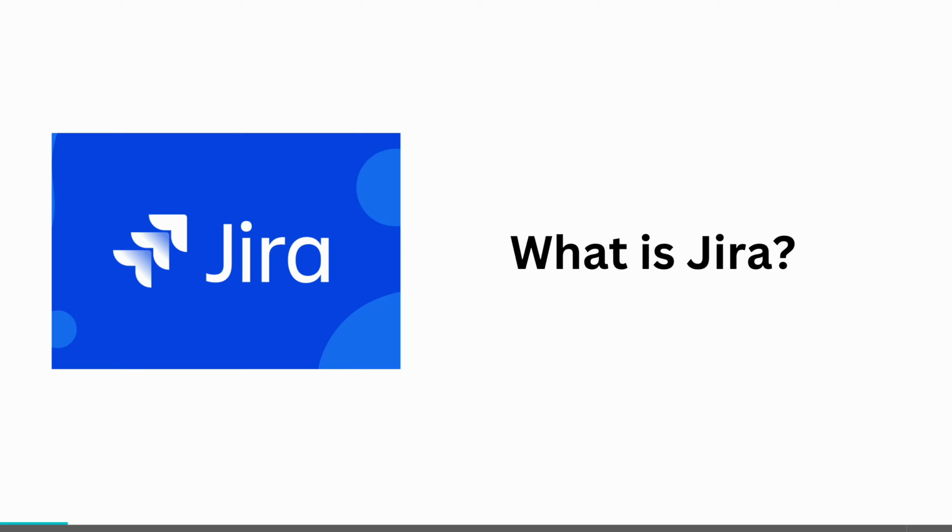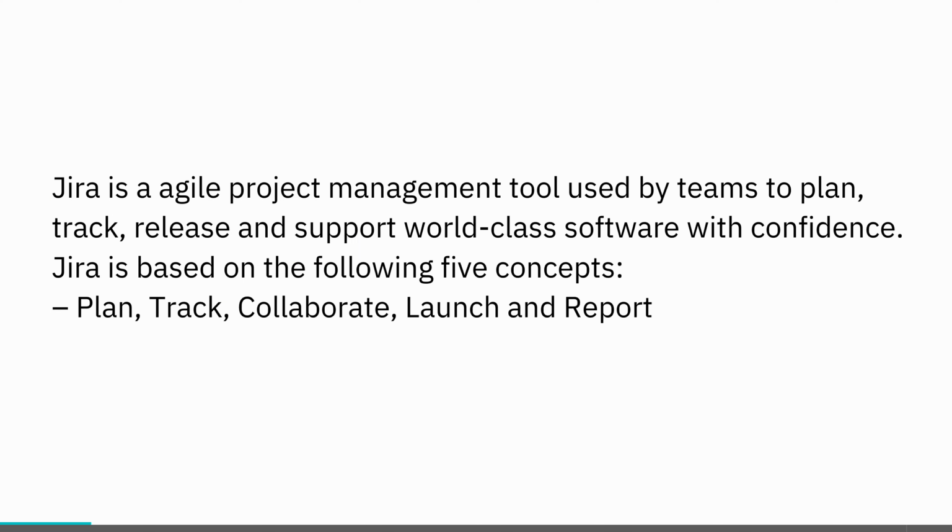So what is JIRA? Basically, JIRA is an agile project management tool used by teams to plan, track, release, and support world-class software with confidence. Here, confidence means the end user who is going to use your application, your web application, or mobile app, or desktop application, should have confidence in your application. So, JIRA is helping that organization or that team to deliver a product on which people will have